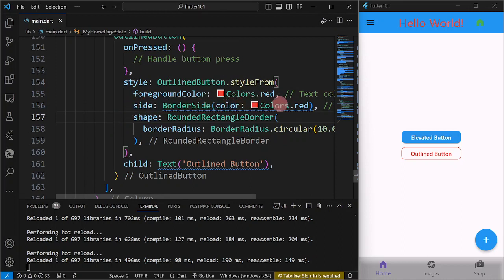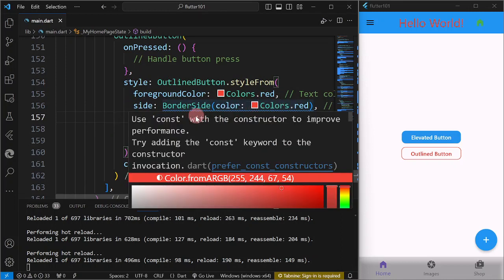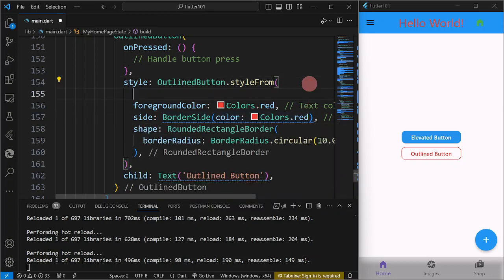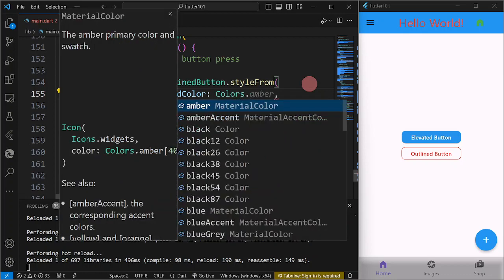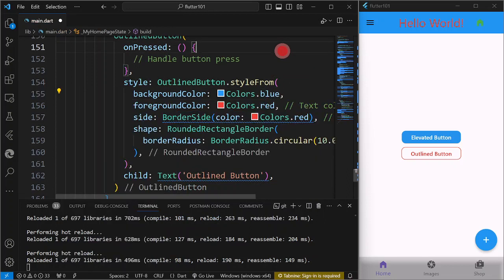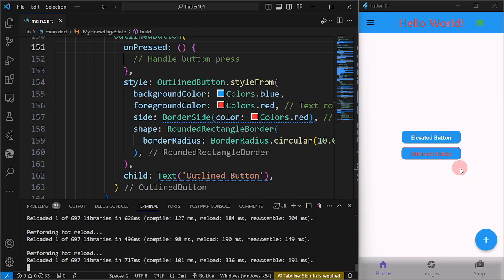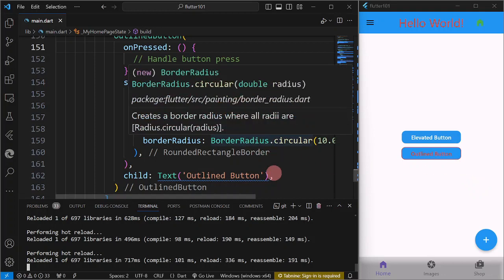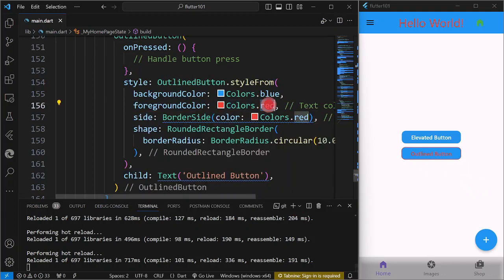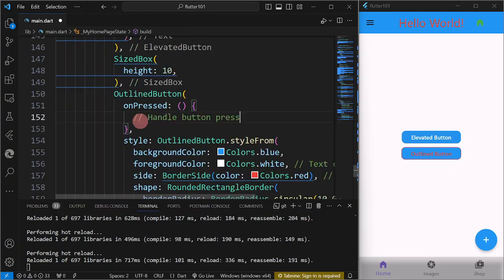Okay, and for the sides, as you can see here, we have another property, side. Then we could change the color. Okay, and if ever you want to have a background, so we could use also here a background color, Colors, let us say blue. Let us try blue. Save and reload. Okay, so maybe we are going to change the foreground color to white. Then the same with the onPressed, we are going to have print